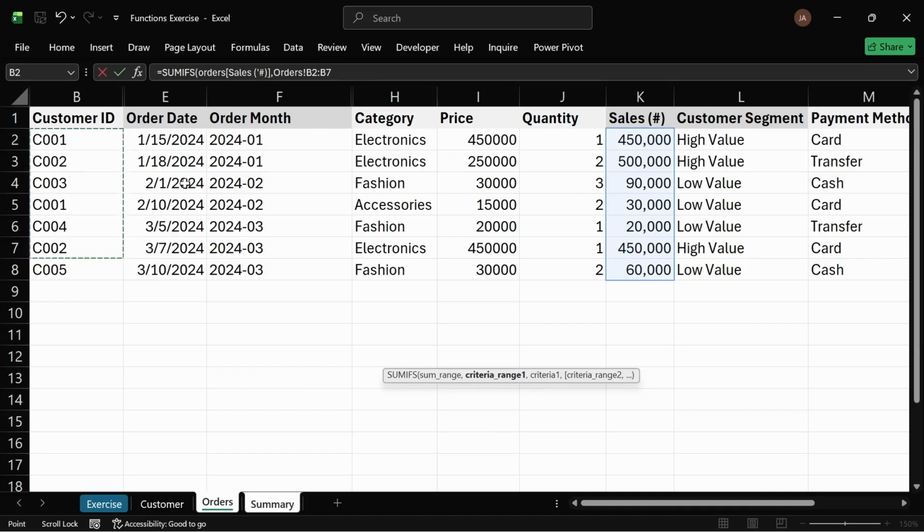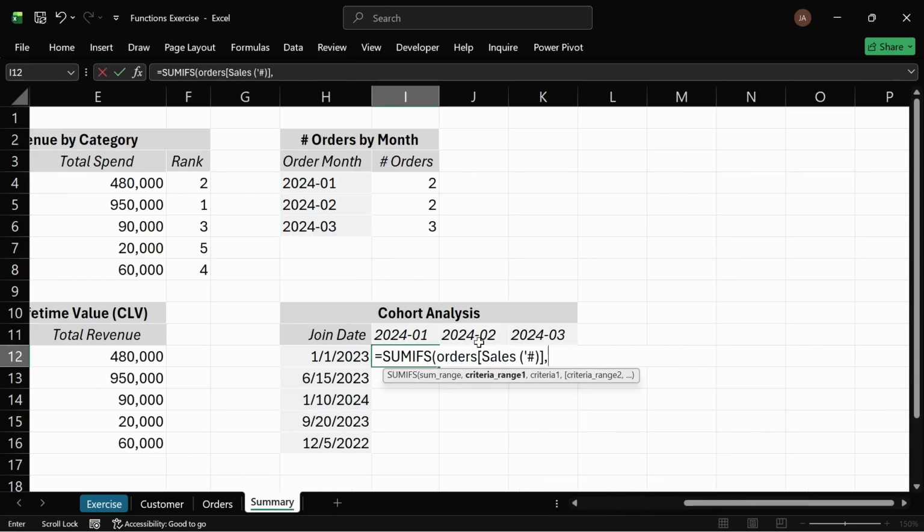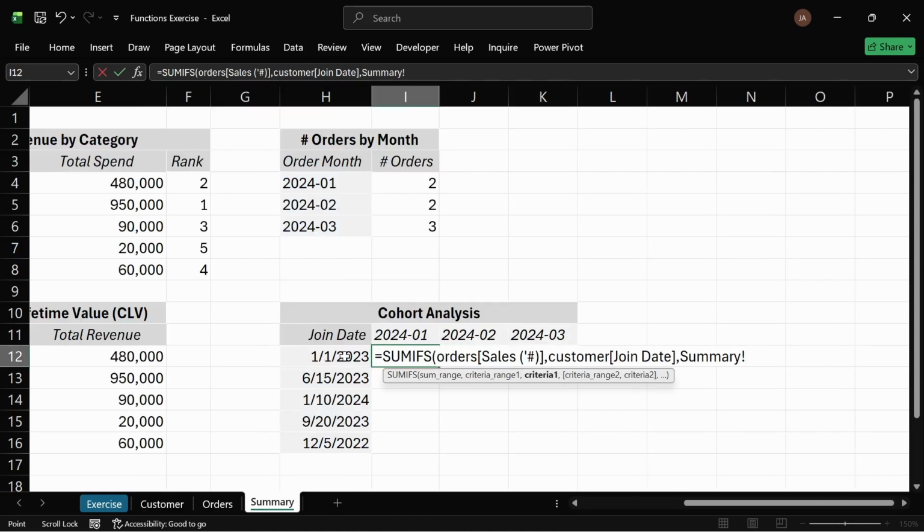Do I have a join date here? Okay, I'll just go back to my table. So that's what we want to add up. The next thing is the criteria range. So the criteria range is the join dates of each customer whenever it is equal to this. I can just take out this since I'm in this sheet. I'm going to reference it. And also